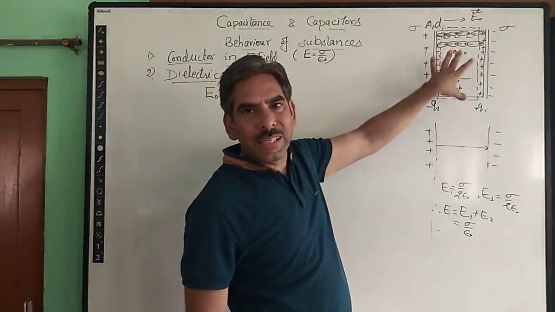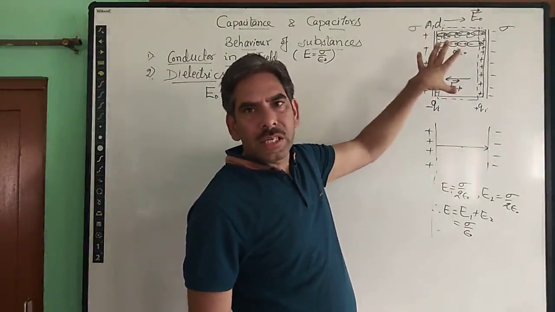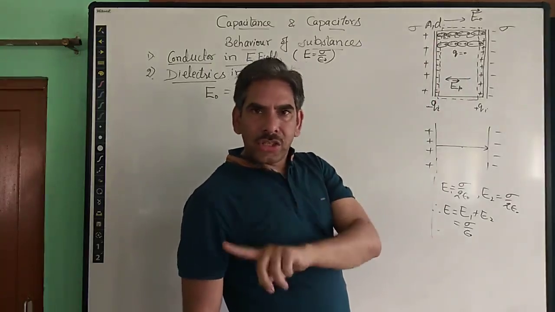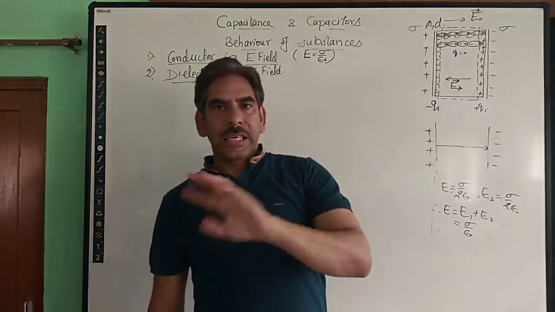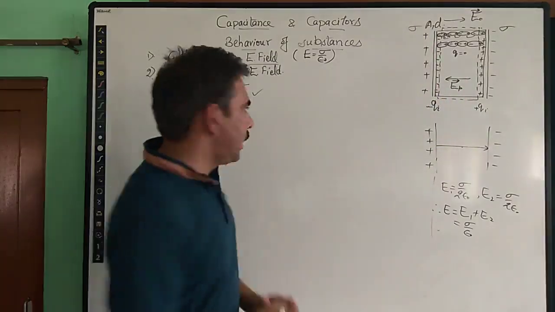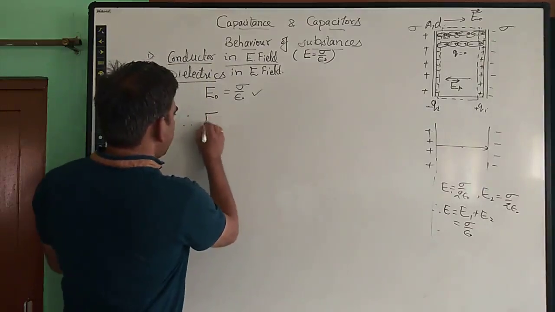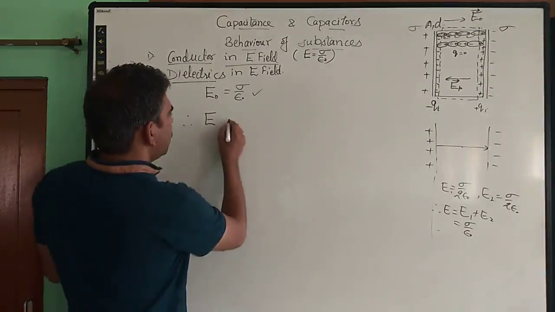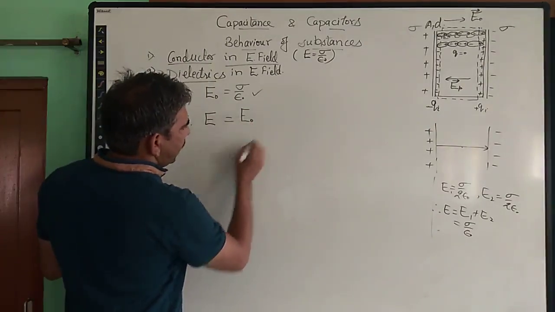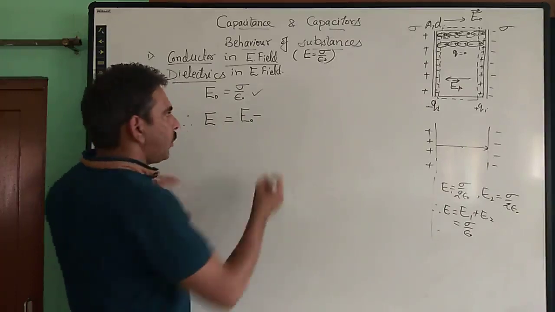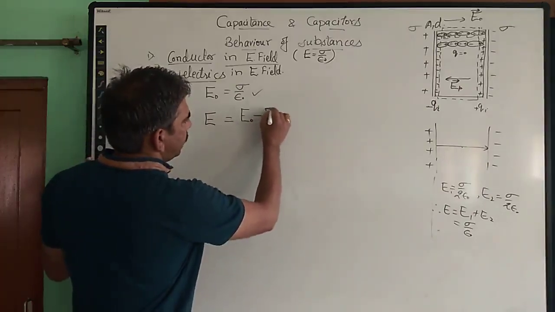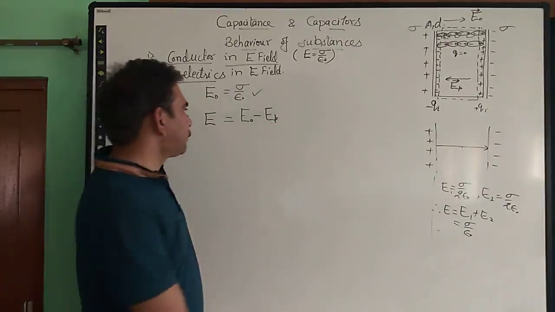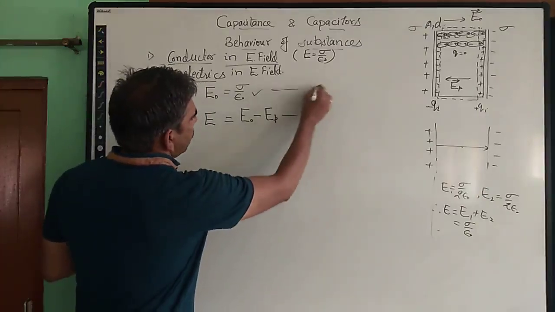So this is the difference between a dielectric and a conductor whenever they are subjected to an external electric field. In the case of conductors, the electric field inside is 0. In the case of a dielectric, the electric field inside is not 0. It has some value, and this electric field is called the reduced value of the electric field. For convenience, we are representing it with E. This is given by whatever value we have applied minus whatever value is opposed, which is EP, the electric field due to polarization. This is also called the electric field due to induction, the induced electric field. So these are important relations.